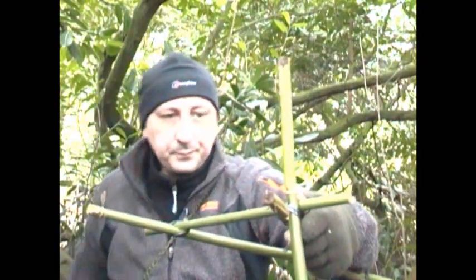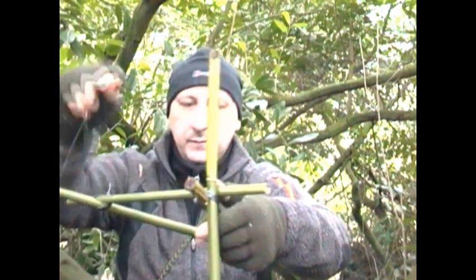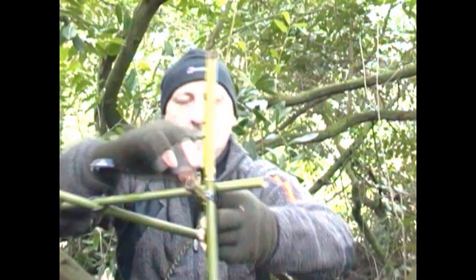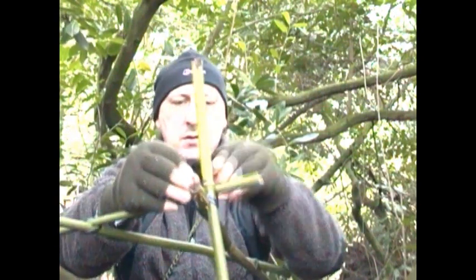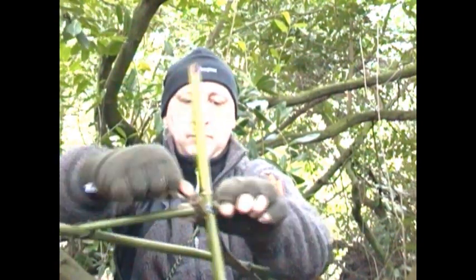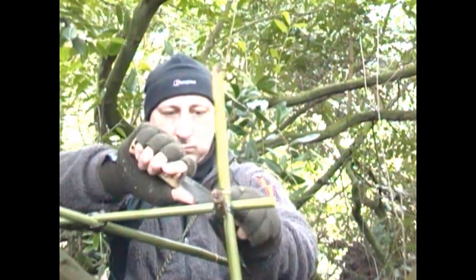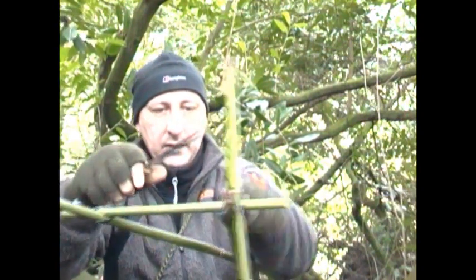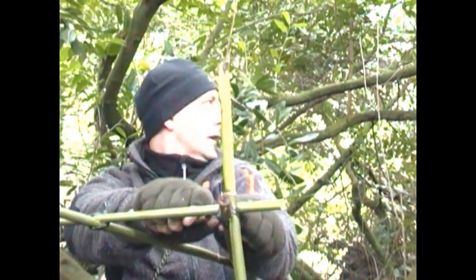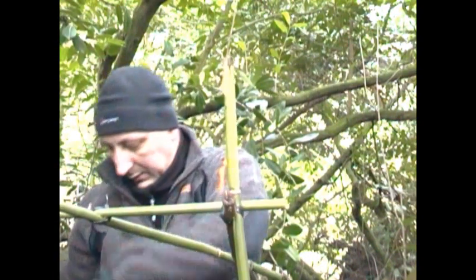Right guys, right. I'll show what I've done in a mo. Just get this tie on. I hate cutting these with my knife. Bloody plastic. I've got my multi-tool, but I can't be arsed getting up. Anyway,